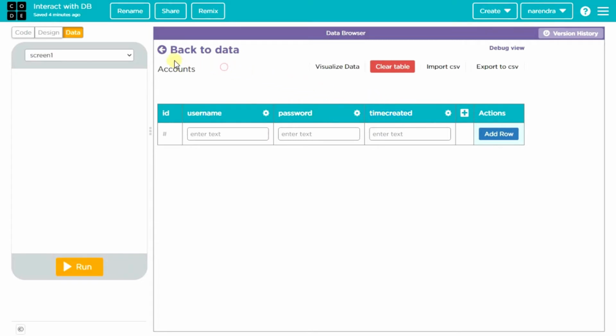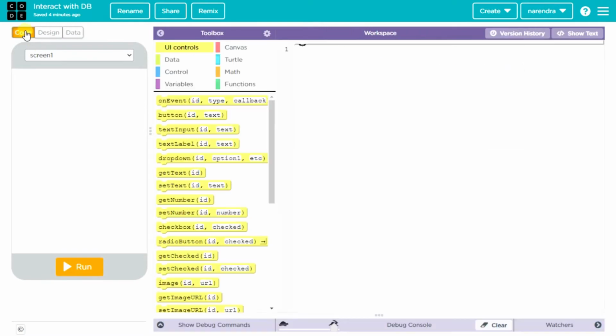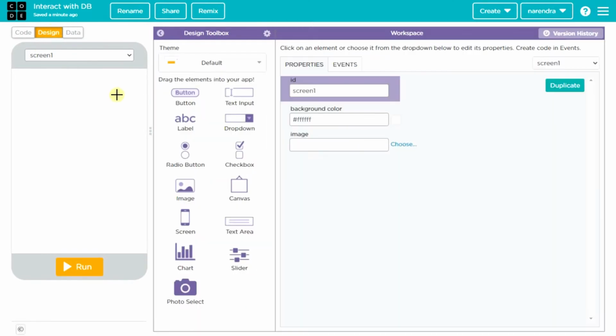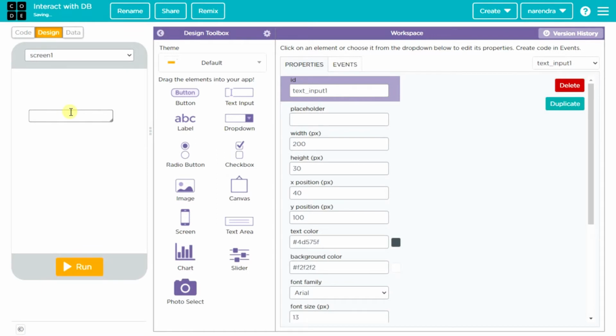So let's go back to our user interface. Just go to the code or design. What I'm going to do is create 2 inputs, one for username, another for password. This is for getting the username, and this is for getting the password.